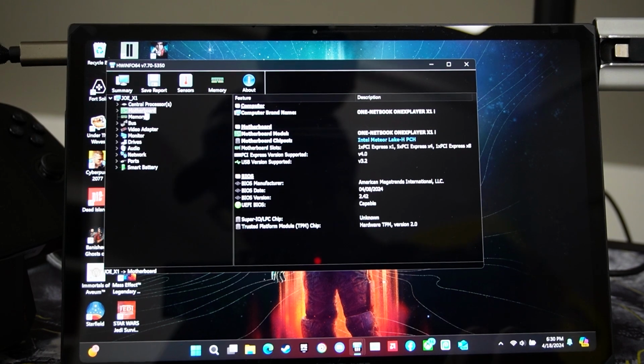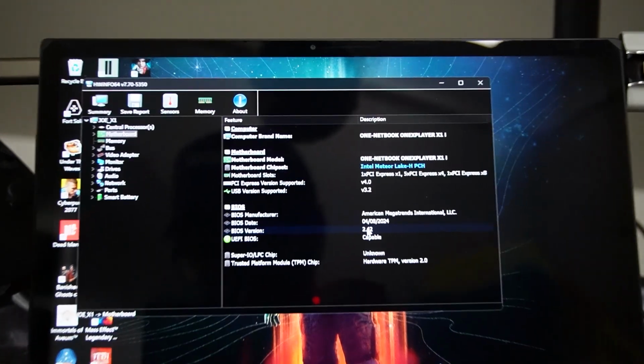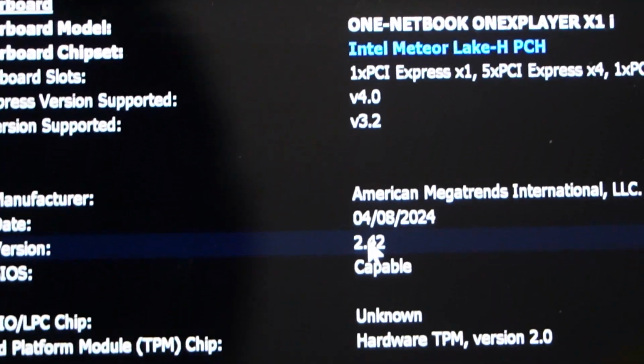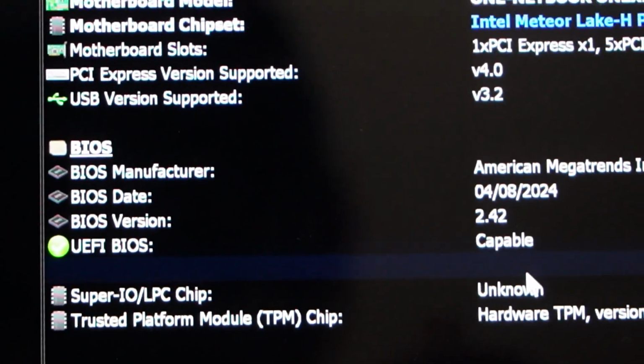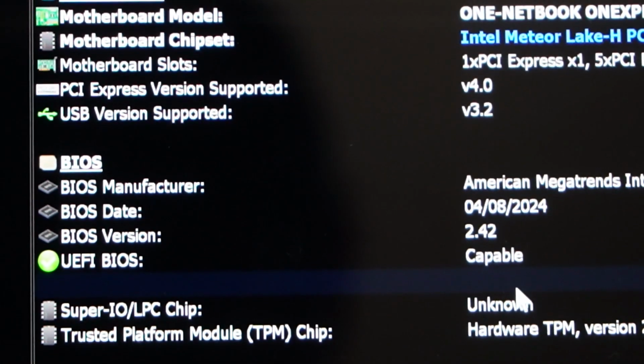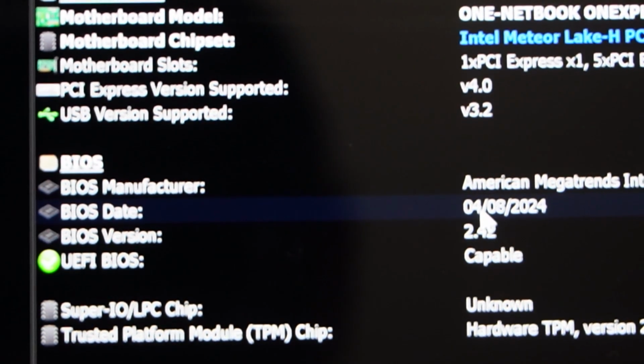And I see here that I am on version 2.42. I'll move my cursor there. So BIOS version 2.42. And our date is